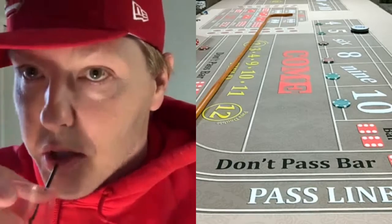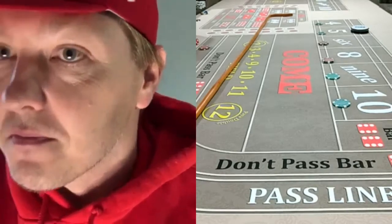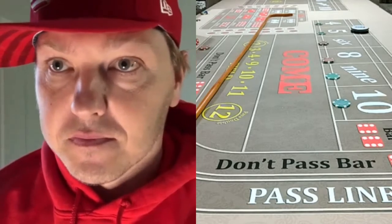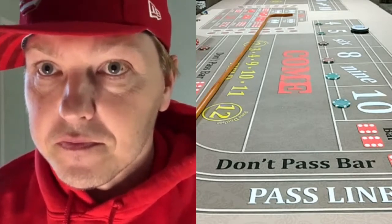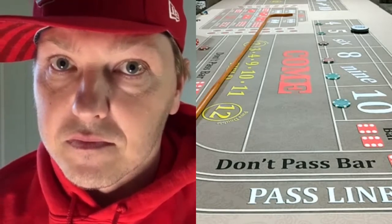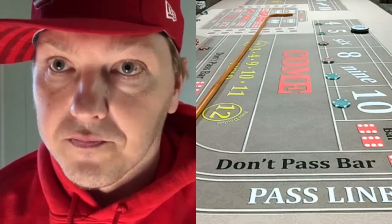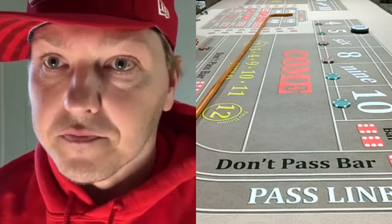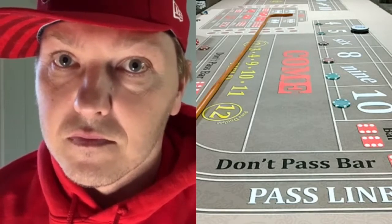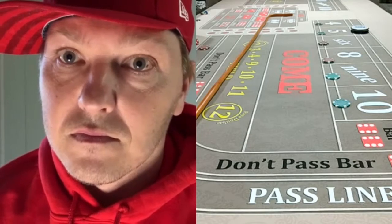Well, I really have two that I like to use, and it depends on who's shooting. If I'm shooting, I like to just play straight across because I have confidence in my shooting, and I think I can make my 4 or 5 hits and pull my bets down and take my money and leave. Okay. If it's a random shooter, then we're playing that Detroit and that Las Vegas don't come and hopping on